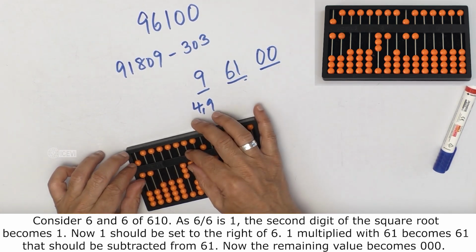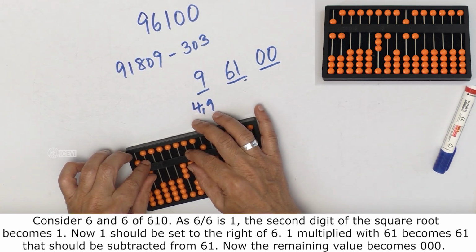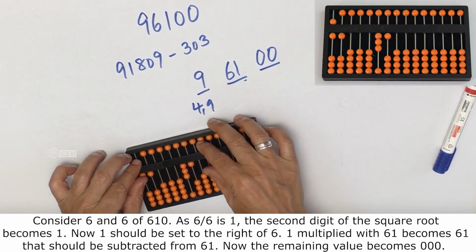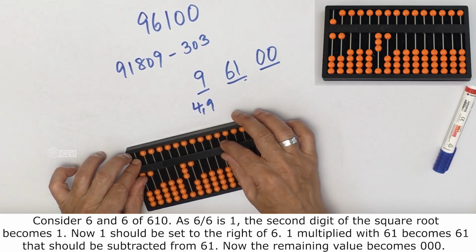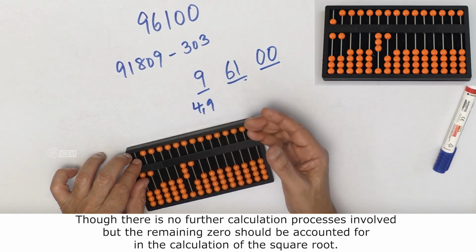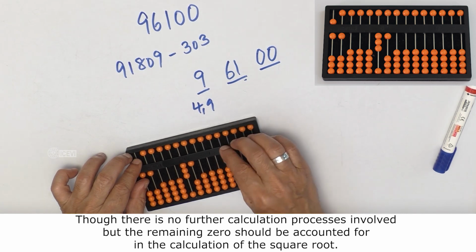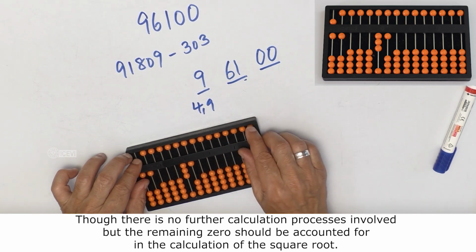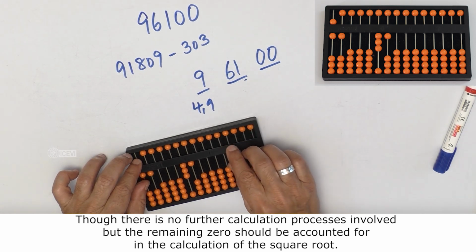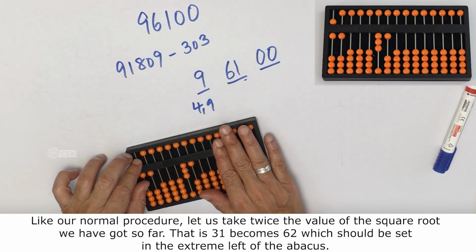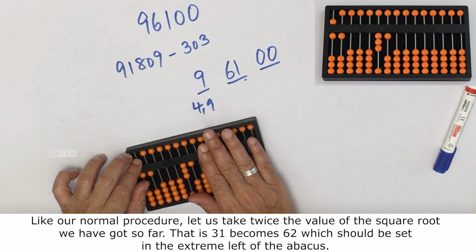Now 1 of the square root 31 is multiplied with 61. That should be subtracted from 61. Now the remaining value becomes 0, 0, 0. Though there is no further calculation process involved, the remaining 0 should be accounted for in the calculation of the square root. Like our normal procedure, let us take twice the value of the square root we have got